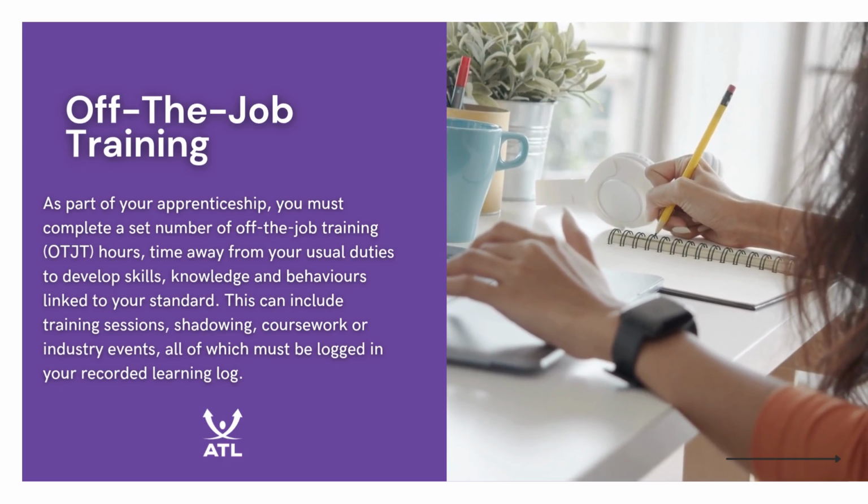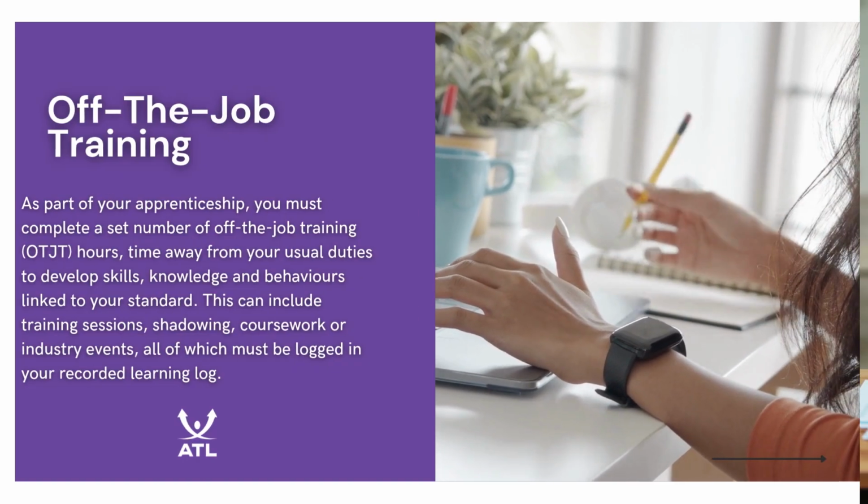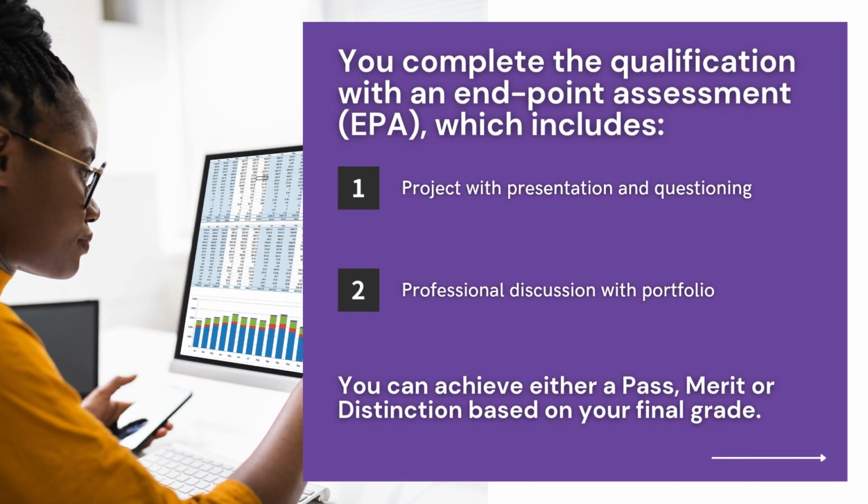The program is delivered through one-to-one distance learning sessions. These sessions are conducted once or twice a month and last approximately 1.5 to 2 hours at a time, which is convenient for you. You complete the qualification with an endpoint assessment, EPA, which includes a project with presentation and questioning, and a professional discussion with portfolio. You can achieve either a pass, merit or distinction based on your